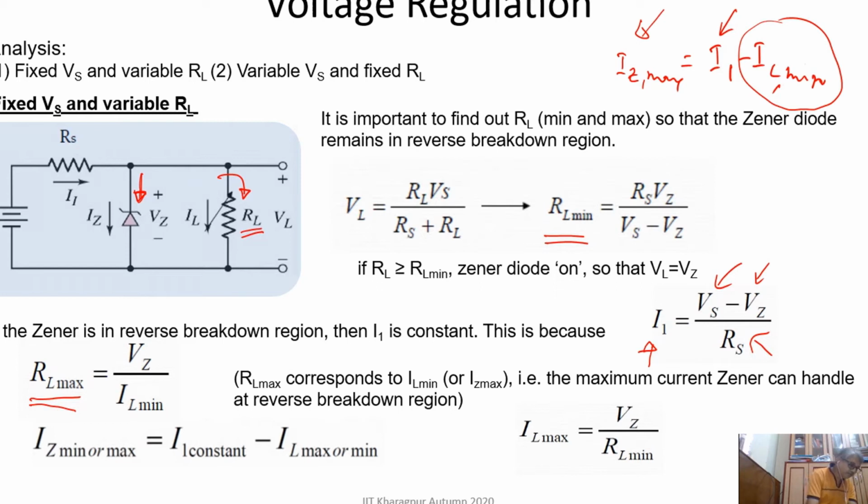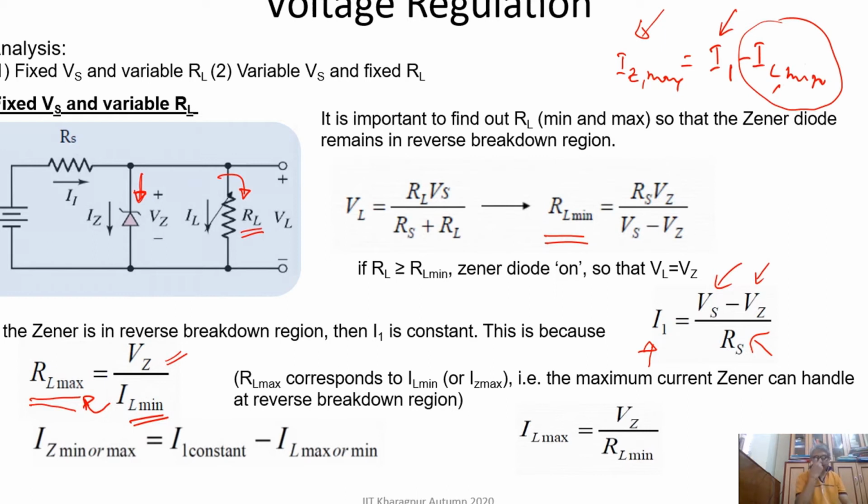And if we know IL min, from there we can find out IL max and RL max, because IL min is known from that equation and VZ is known to us. So that is RL max, and this way we can find RL max and RL min, and this circuit will act as a voltage regulator circuit